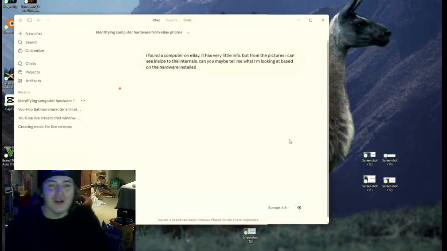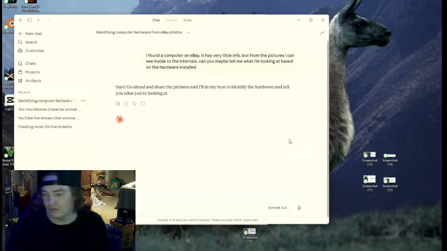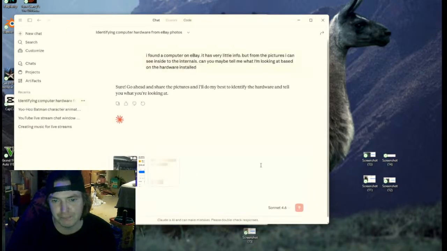Prompt it first. What I've realized is prompting these tends to work a little better than writing the prompt and adding the pictures at the same time, because when you pre-prompt it and then add everything to it,